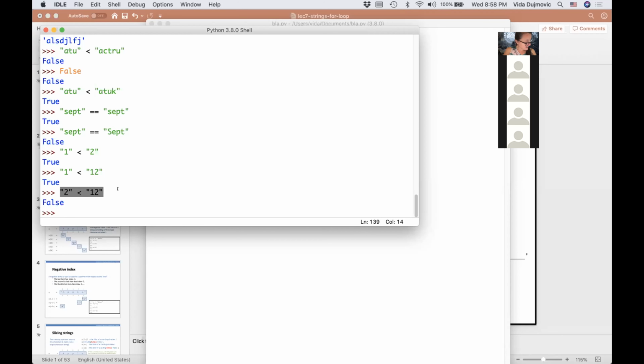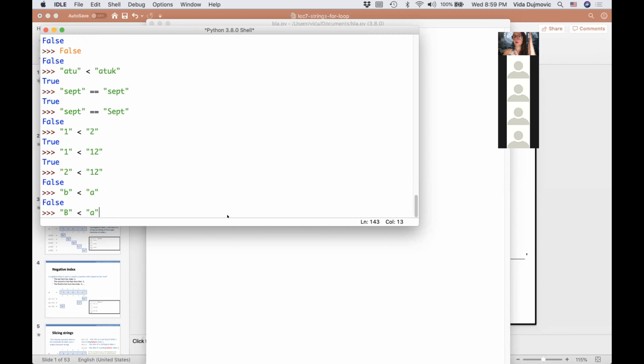Here's something else that you may not guess. What about this one? We said, of course, that B comes after A in the alphabet, so this is false. But what about this? B less than A. Well, to answer that, we need to understand in what order, what comes first?